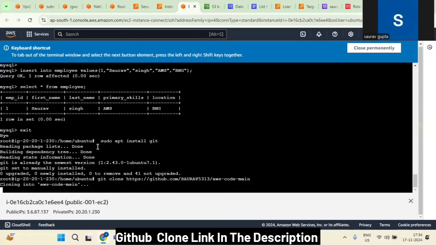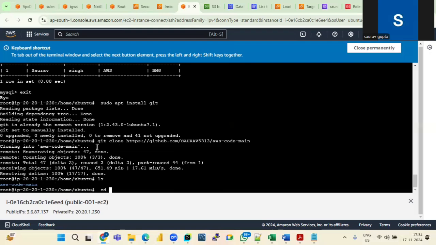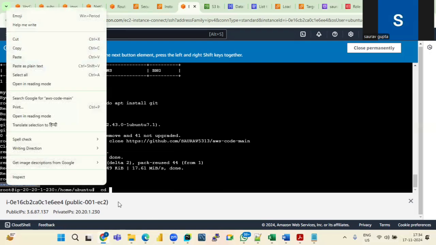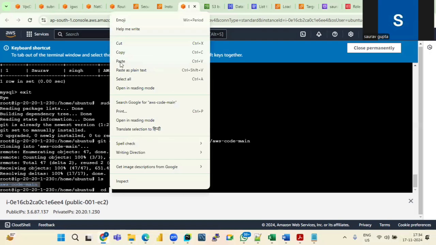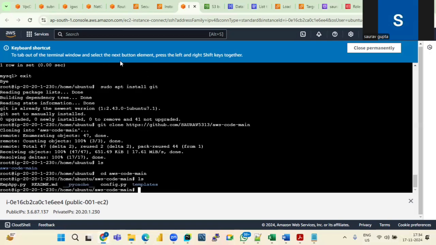This is my repository. Now I'll type ls, I'll do cd, I'll go inside this, copy, paste, enter. I've gone inside it. Now let's type ls again, right? Then I will open what? This config.py,